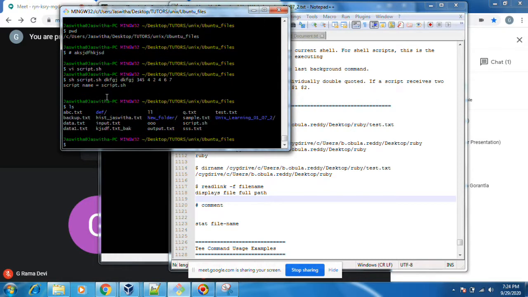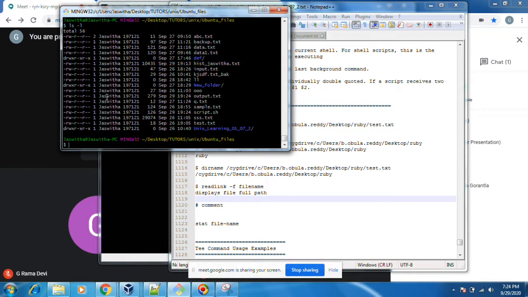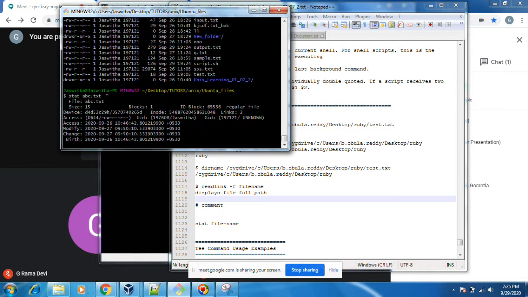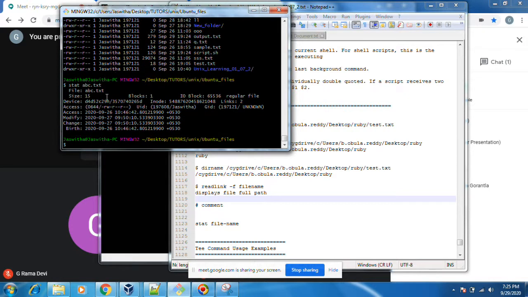Like ls, ls -l will get the properties, the file name, who created it, like that. There is another command called stat. Similarly, stat abc.txt will get the statistics of that file: access, modify, change, and birth, which means what time it was created.